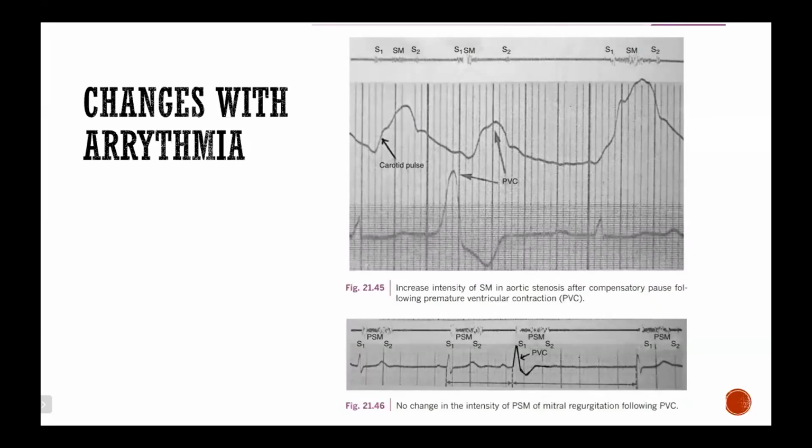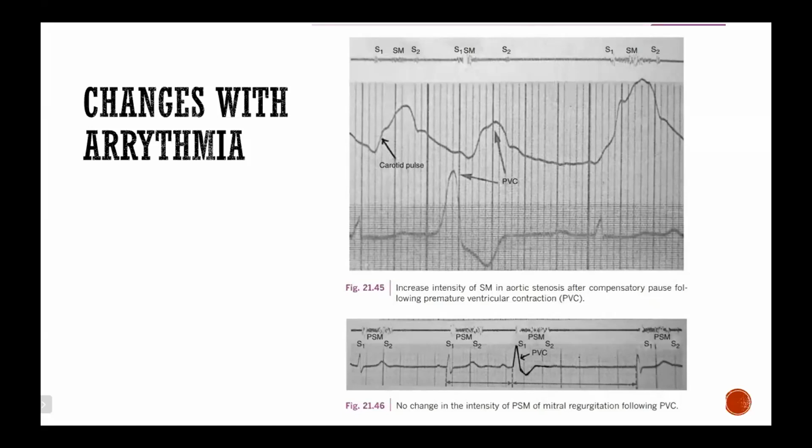So in the next beat, there'll be augmentation of the ventricular contractility. There'll be more blood pushed out of the ventricles, and hence the systolic murmurs like those of aortic stenosis and pulmonary stenosis will be increased. Here also, since the pressure gradient is high, the systolic murmur of HOCM will also be increased, because the left ventricular outflow obstruction is greater. Because the pressure difference will be more here.